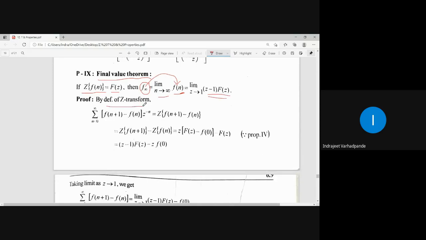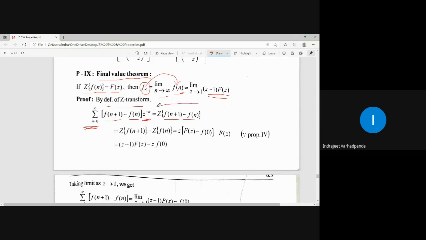By definition of z transform, now here we have to consider the next minus the previous term. What is the next minus the previous term? N plus 1 is the next term of f of n. So take the subtraction of the two. Intentionally, to prove this, we need to consider the next minus previous. Then only we can reach up to the highest value of the sequence. So z of f of n plus 1 minus f of n by definition will be summation n equal to 0 to infinity of f of n plus 1 minus f of n multiplied by z to the power minus n.